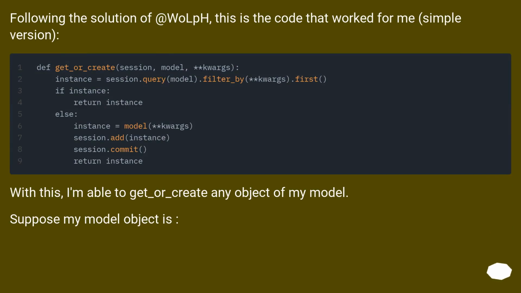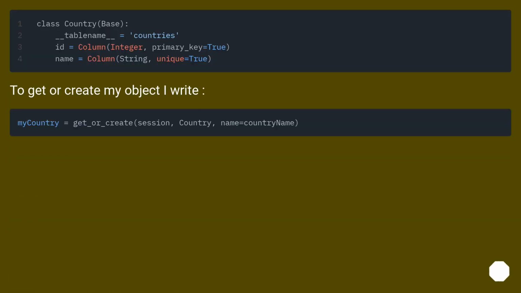Following the solution of @Wolf, this is the code that worked for me, simple version. With this, I'm able to get_or_create any object of my model. Suppose my model object is, to get or create my object, I write